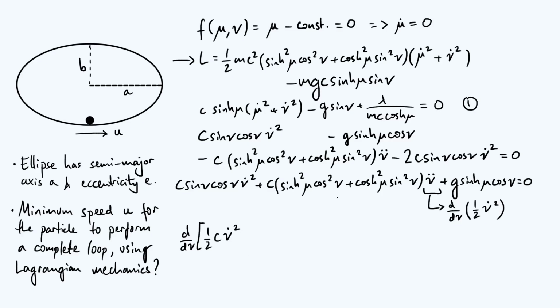Now, to figure out what the second thing is, remember, this has come up, I think, twice so far in this video, so I won't explain why again, but the derivative of that bracketed term is 2 sine nu cos nu. That comes from using a hyperbolic identity. So I can take all of that bracketed stuff there, copy and paste that here, and then, oh, my mu's gone missing. If we were to differentiate all of the stuff in the square brackets using the product rule, we would recover the first two terms of the previous line. So then all we have to do is put our plus g sine mu cos nu is equal to 0